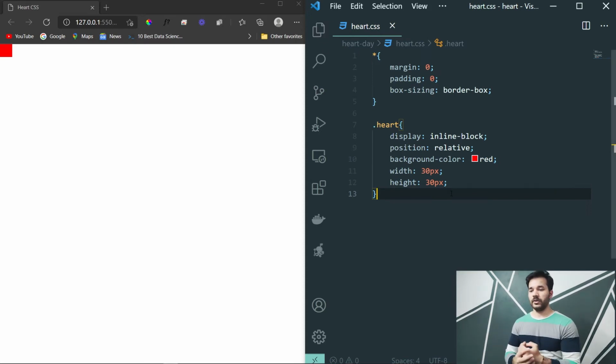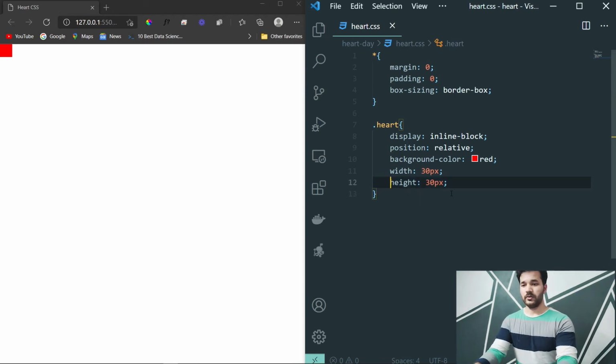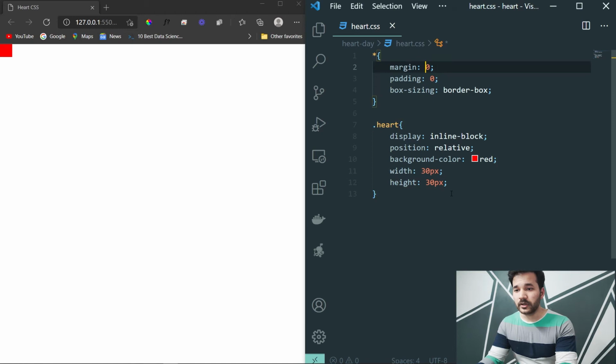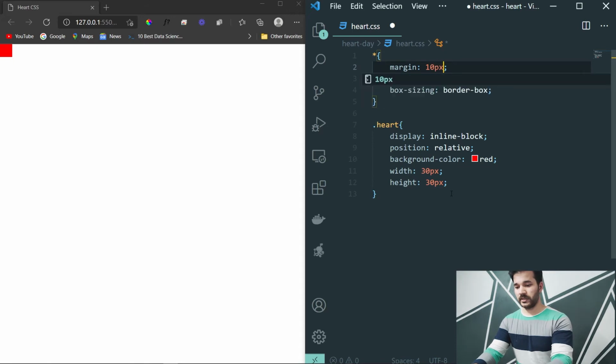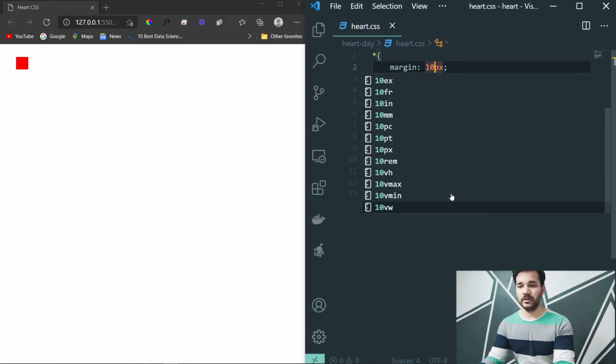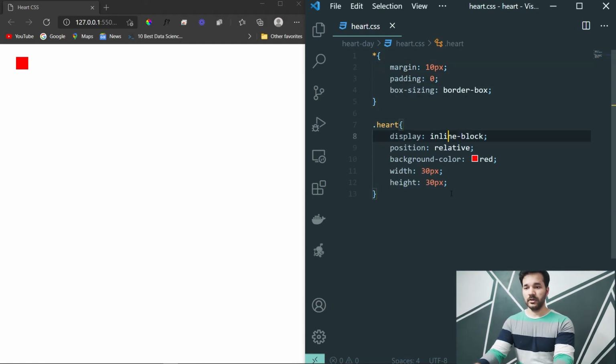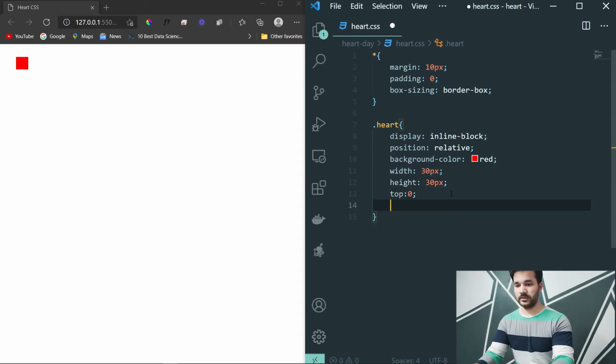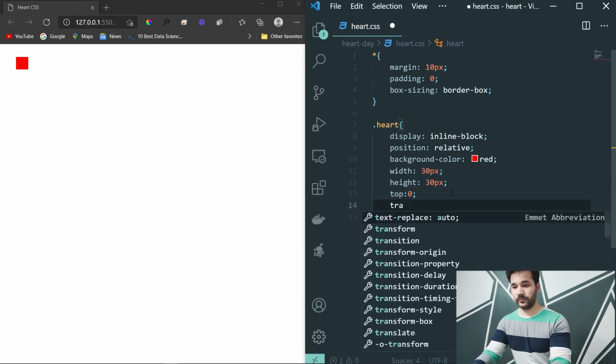Okay, now as we change things you will see them in the browser. As we have given this width and height to our heart, now for making it more clear, let me give some margin to the whole page. Okay, now you can see our box is clear to us. Now for this, let me give top equal to 0, and